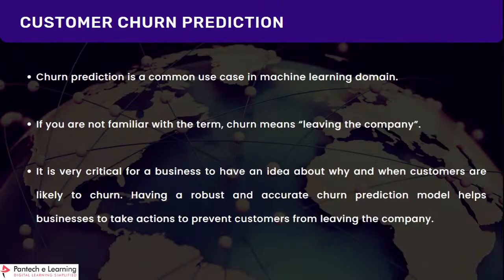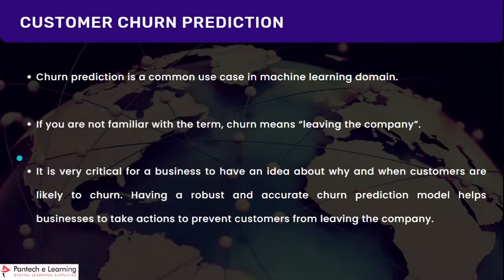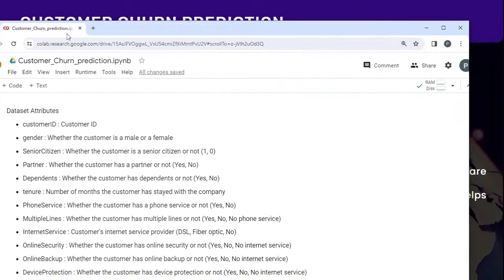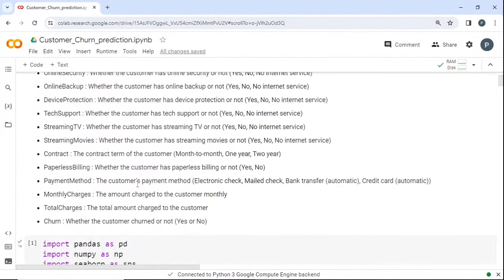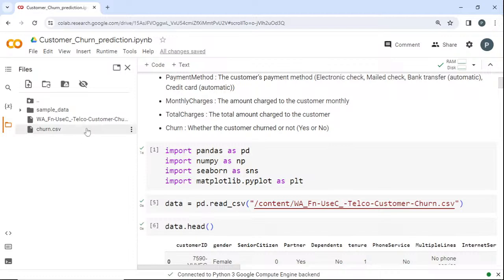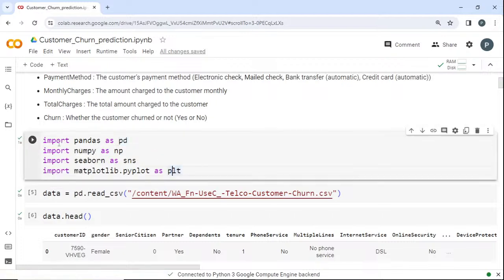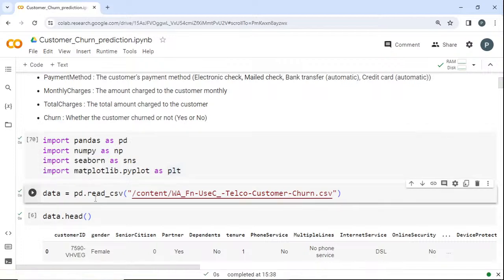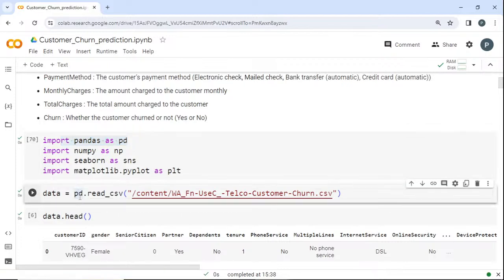So we'll do some hands-on. I have that particular project with me. Let me just take that. Okay, so we'll start. I hope I have loaded my data set. This is Google Colab, where you can write your Python code for data science and machine learning and work on it. And I'm importing some required libraries, and I'm loading the data with the help of pandas. It's a library to work with data, loading the data and handling it.